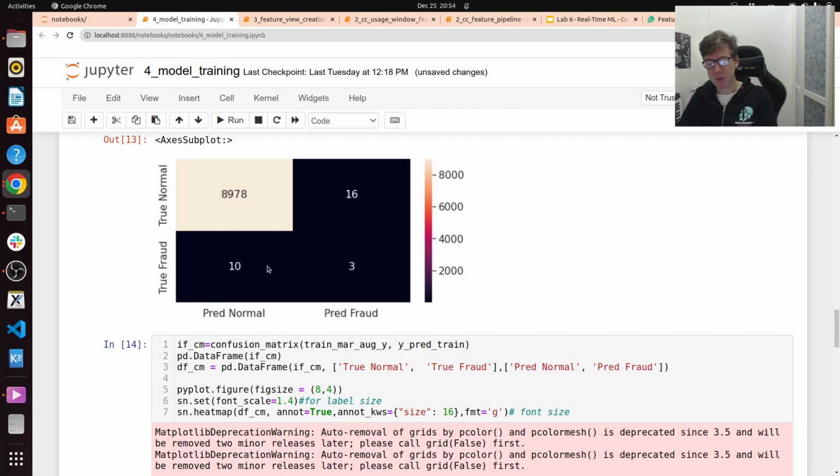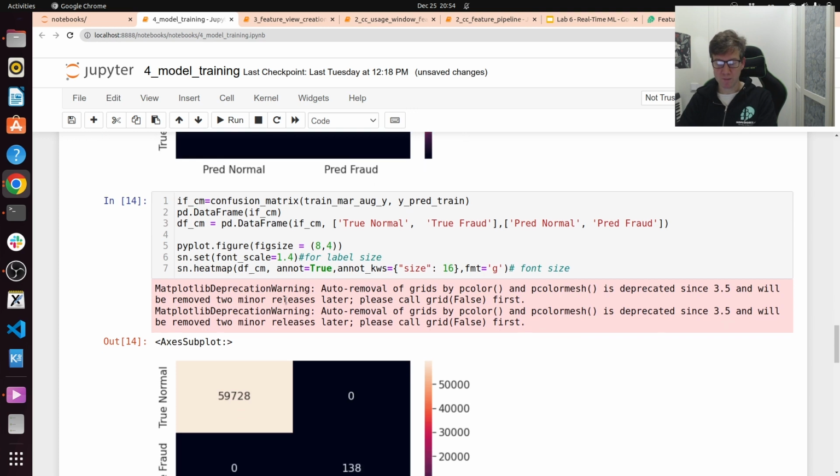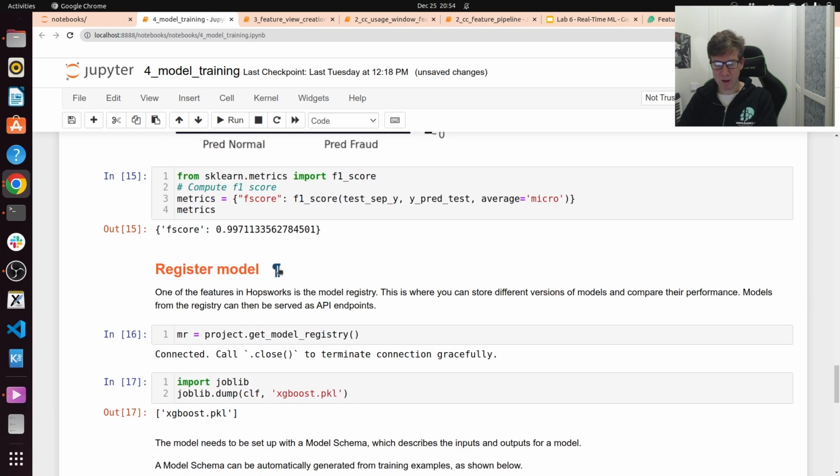So in particular, we want to avoid the ones where we predict that the transaction is not fraud, but it actually is fraud. So we should modify our F1 score to basically heavily penalize this particular set of false negatives. The false positives up here, where we thought it was fraud, but it wasn't really fraud, yes, they're inconvenient for the people affected, but maybe not as expensive from a compliance perspective for a bank or a financial institution. Okay, so here we're doing a bit more here, and then we're going to register our model